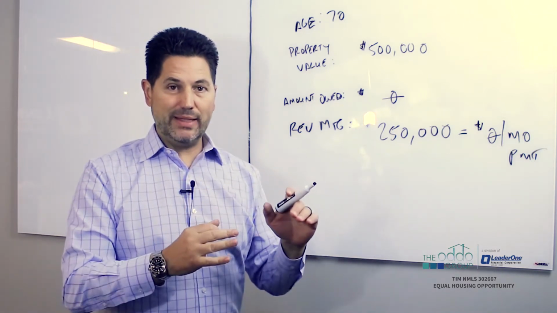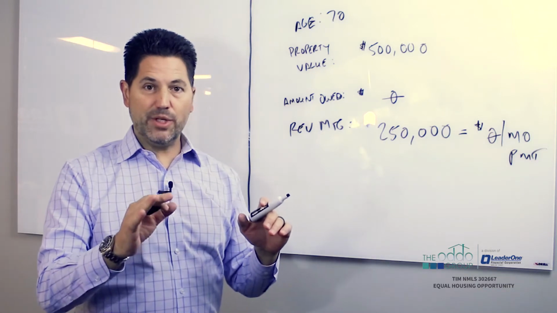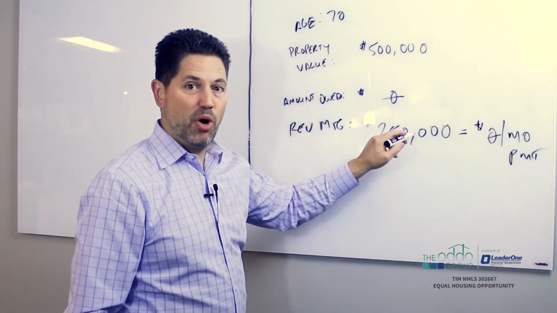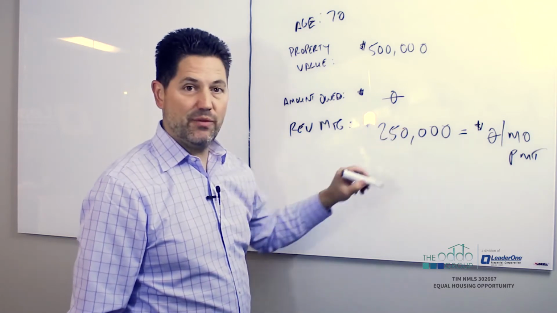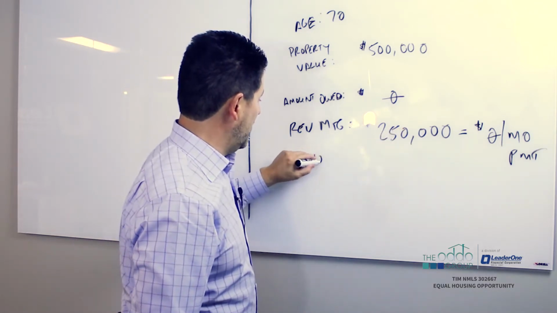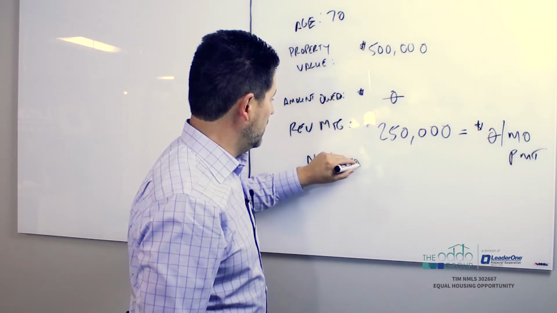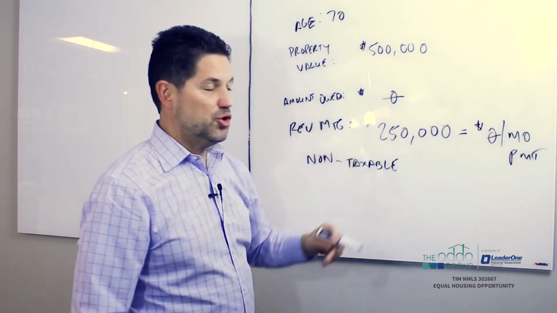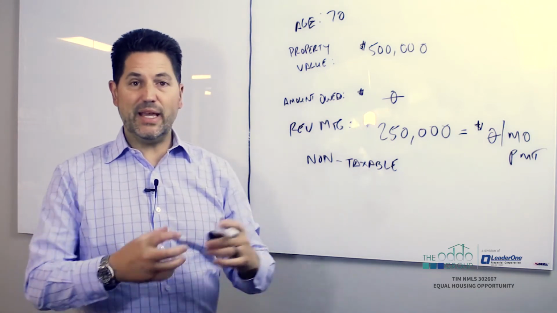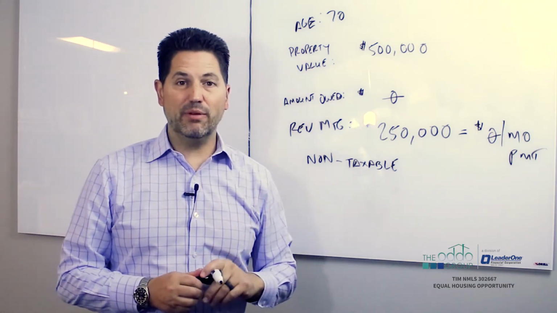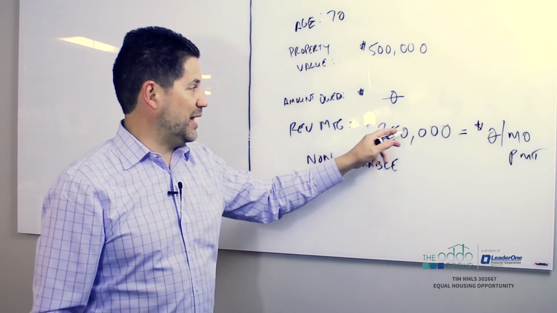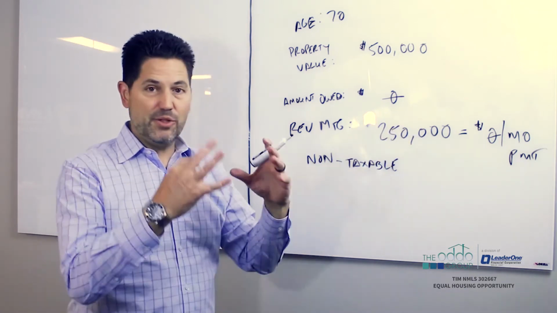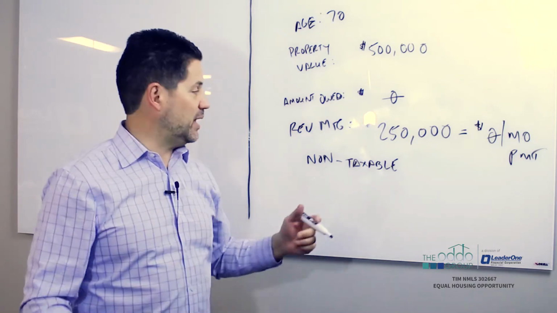We're not going to go into all that detail in today's video, but what I want you to understand is a couple key things. Number one, any monies that you borrow, any monies that you take on this $250,000 is going to be non-taxable money. This becomes a great source to draw from if you need to take some money and you don't want it to be a taxable event. You don't have to borrow all the $250,000, but any money that you borrow from that $250,000 pool of money is non-taxable.